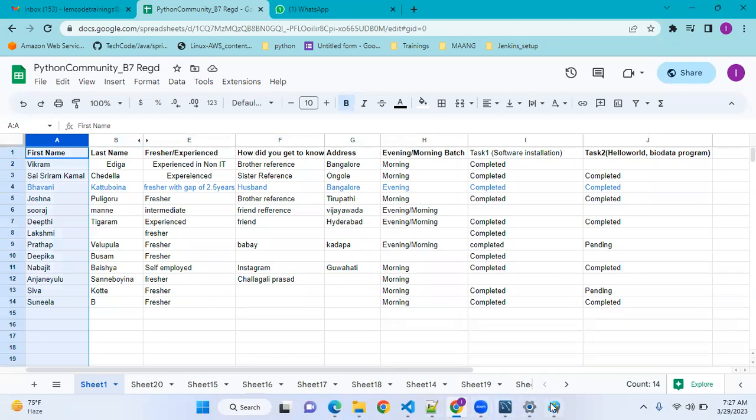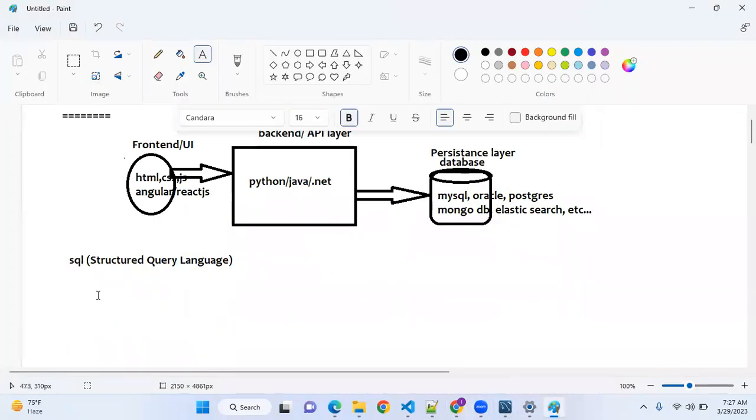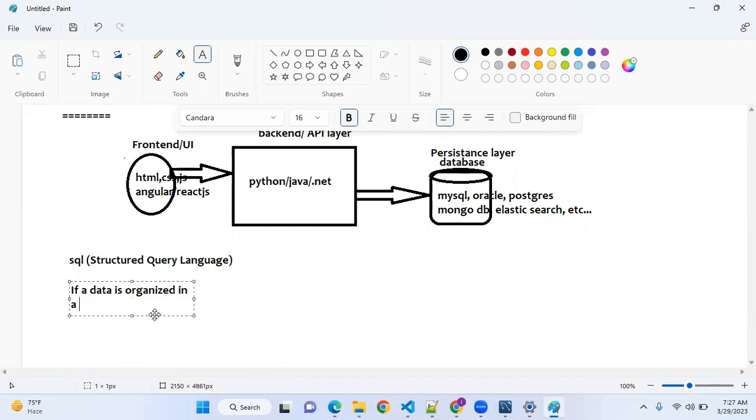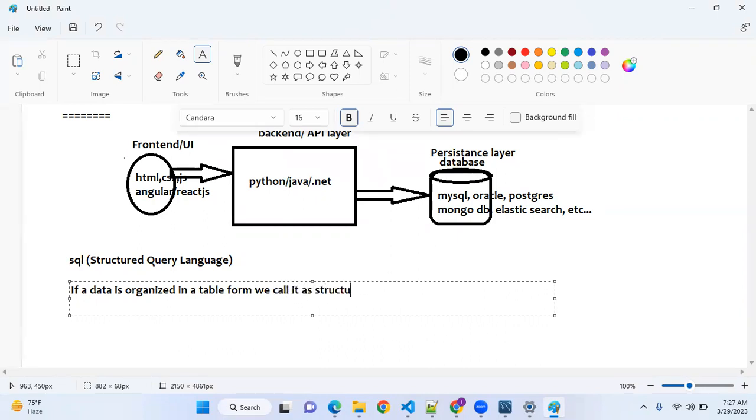What I meant to say is, if data is organized in a table form, we call it structured data.